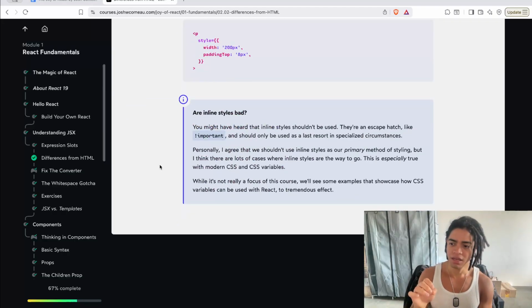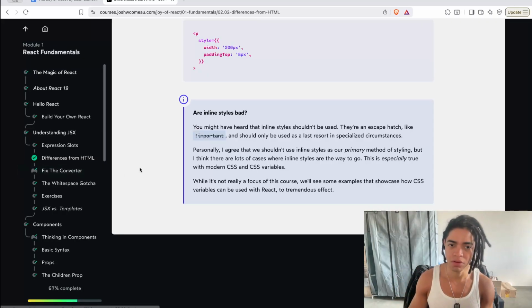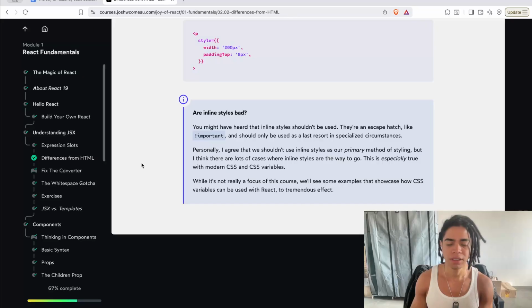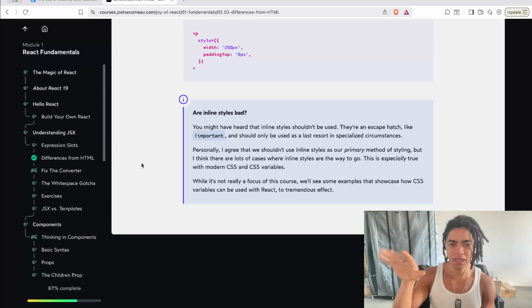And then having a small snippet here to create this converter, and so on and so forth. Okay. And then the whitespace gotcha here, which is, at the end of the day, how you are adding whitespace, and why adding whitespace is important here. So then how you can identify some of this anatomy of JSX,